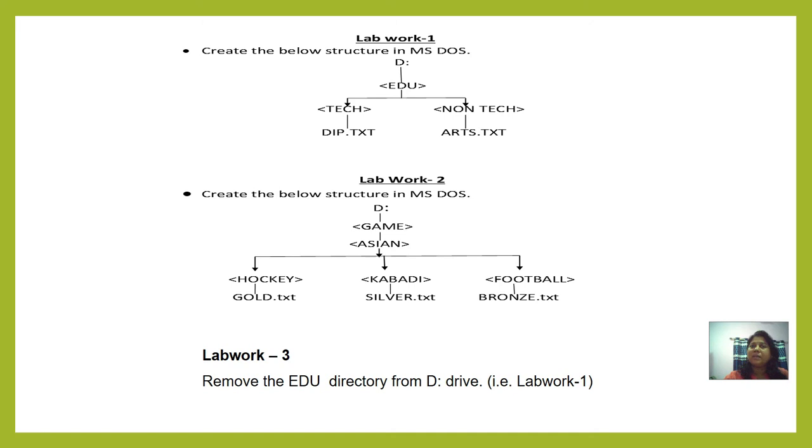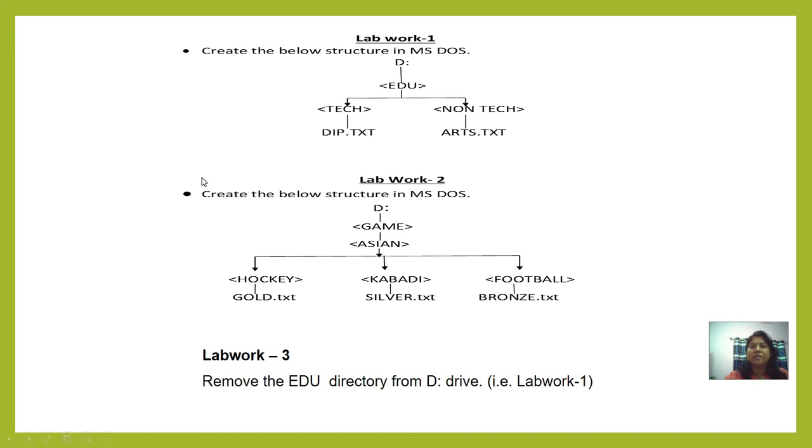What is that back concept? cd double dot to go back to the parent directory, cd double dot slash double dot to go back 2 steps, and the last one is cd backslash, which takes you back to the root directory.